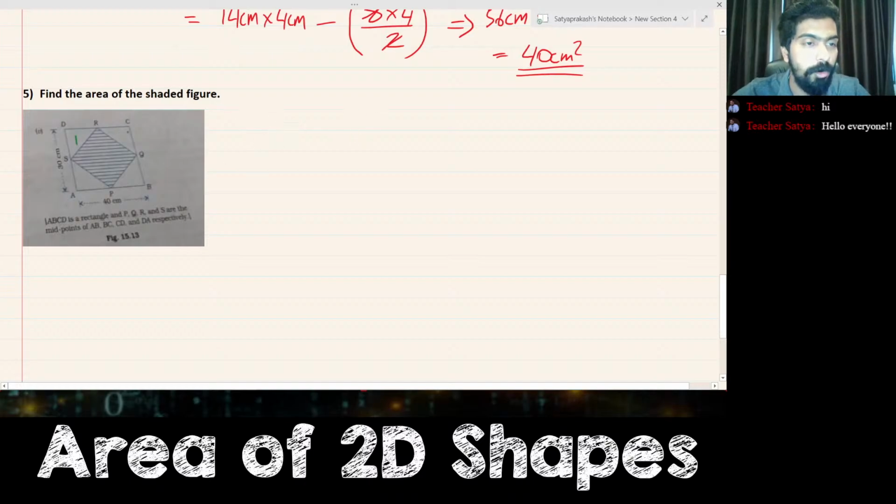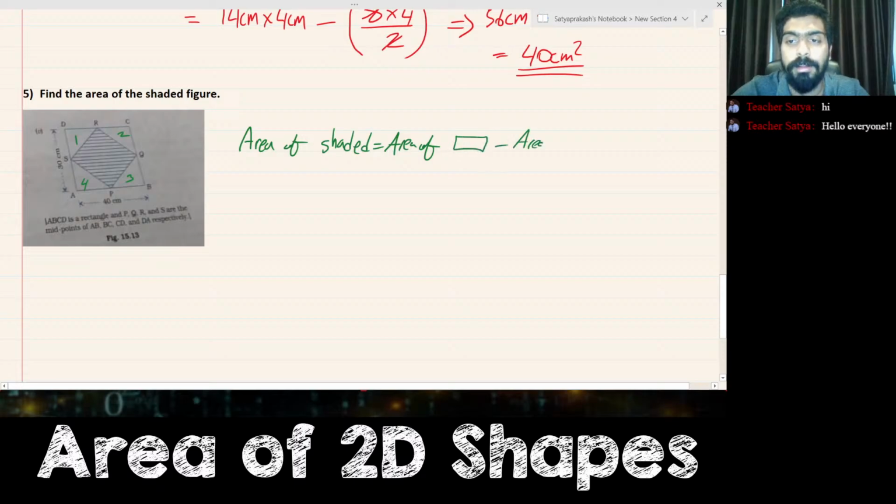So again, we have 4 triangles: triangle 1, triangle 2, triangle 3, and triangle 4. So area of shaded would be the area of the rectangle minus the area of 4 triangles, right? 4 triangles. Now, in order to find the area of a rectangle, we take the length multiplied by its width,